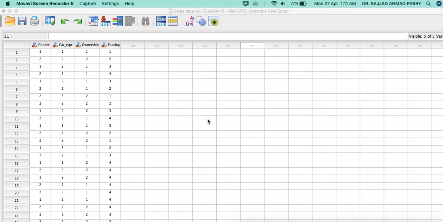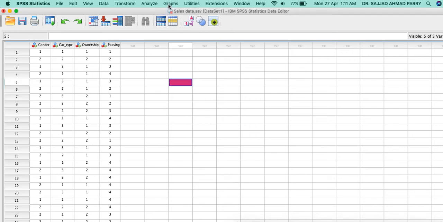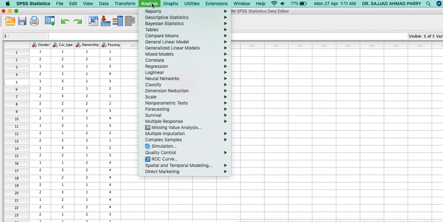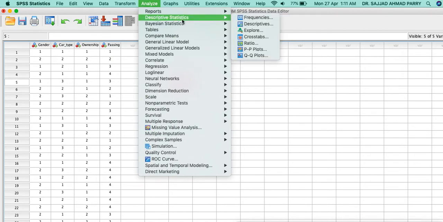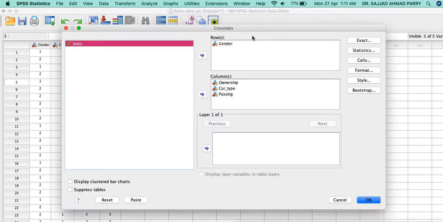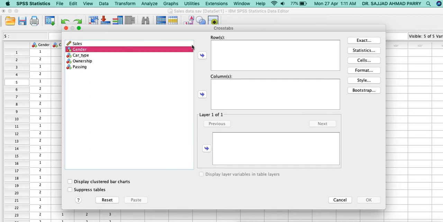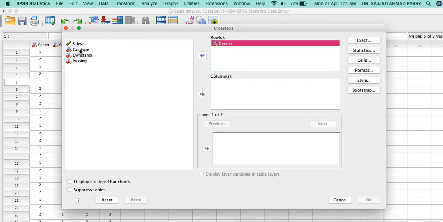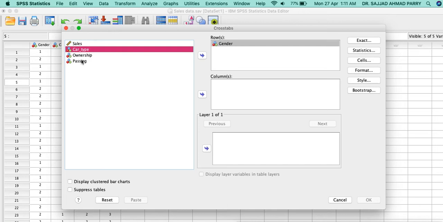So what we are going to do now is a chi-square test. Again we analyze, then Descriptive Statistics, then Crosstabs. The same data we can take, or else let us reset it. Then we take gender and these 3 variables here.